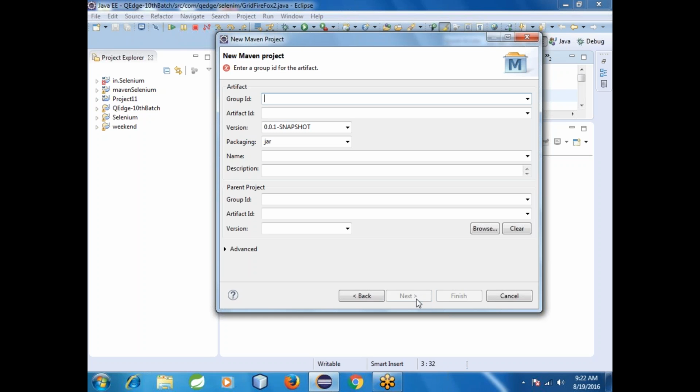Okay, here we have group ID, artifact ID, version, packaging, name, description. See here, group ID is nothing but the package. What is the package I am going to use? com.project. Your 11th batch, right? 12th batch, 10th. Project 10. Artifact ID is nothing but the project name. Project 10. And the name of the jar file is sample framework